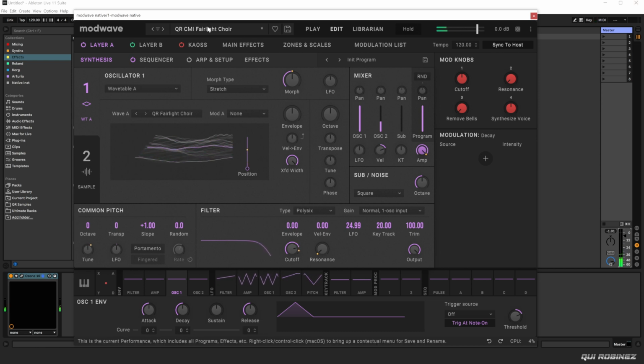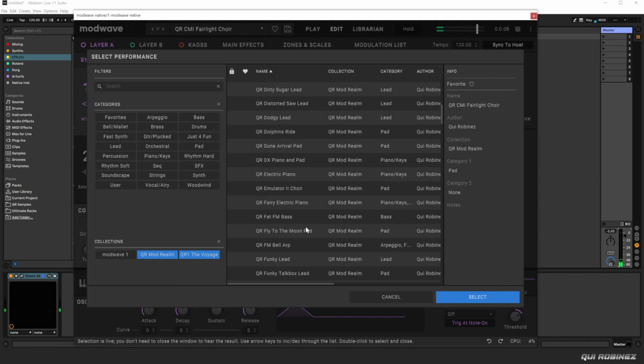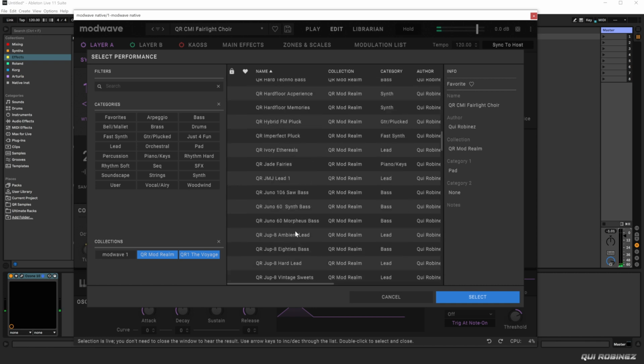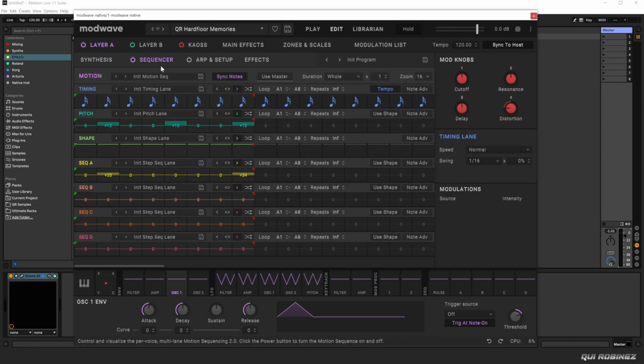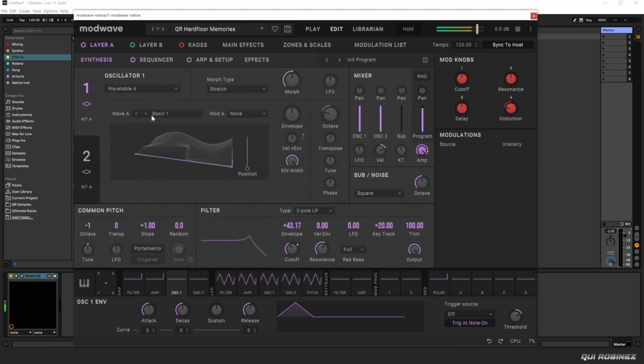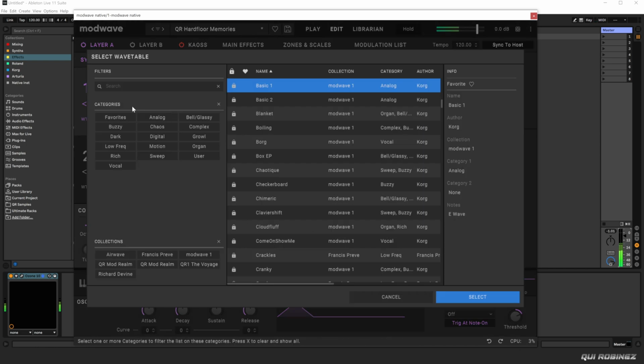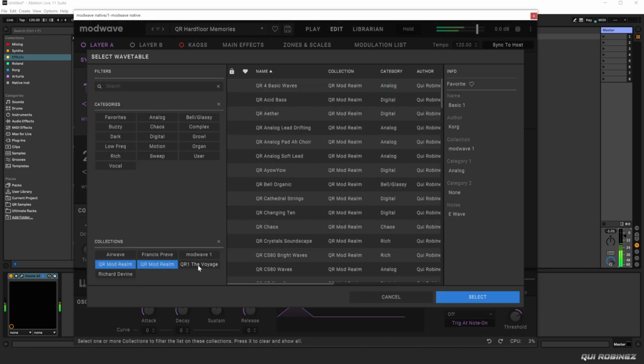Lots of things that you can do with it, and if you want something different, let's do something with the sequencer. Well, this is based on the basic waveform, but if we are going to check one of my own,